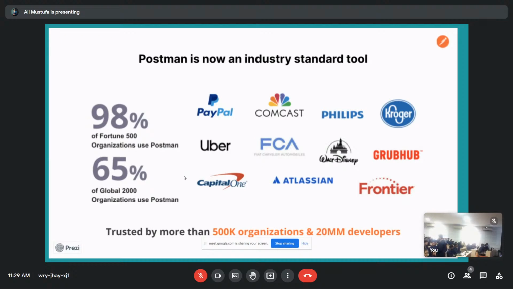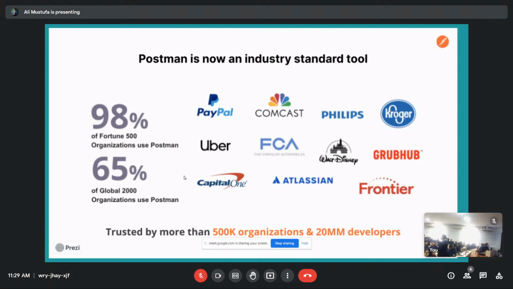Okay. Not just that, you can see clients like Uber, PayPal, Philips, Kroger, Walt Disney. They all use Postman to maintain their APIs, to work with their APIs, to publish their APIs, to update the documentation and everything else, right? So, if you want to know why Postman, then just go Google and type, Postman API jobs.